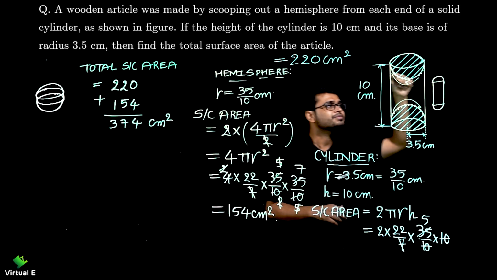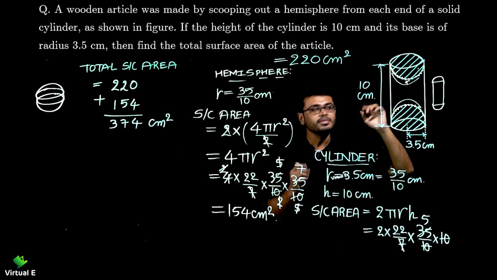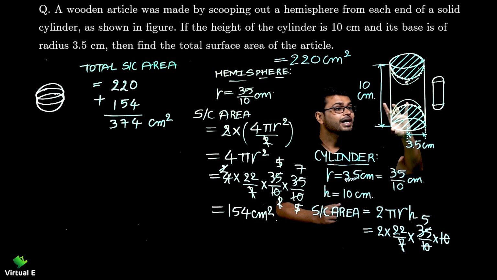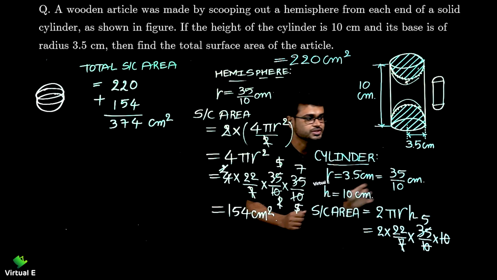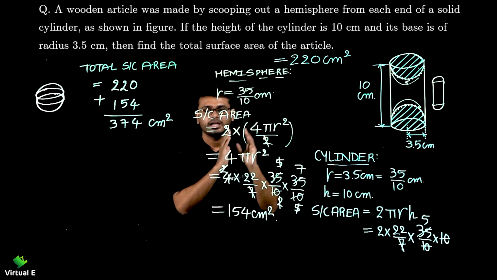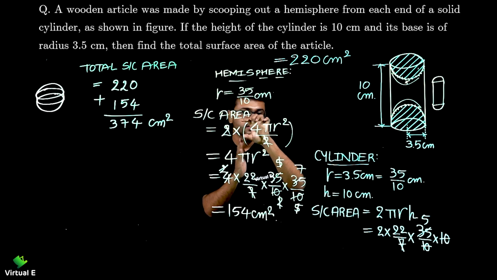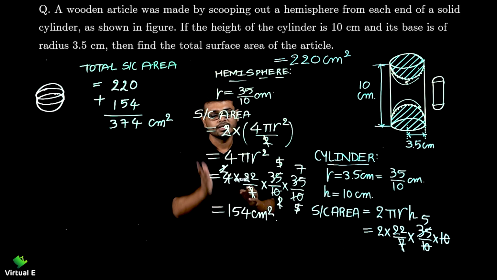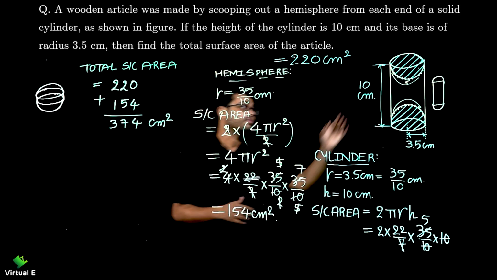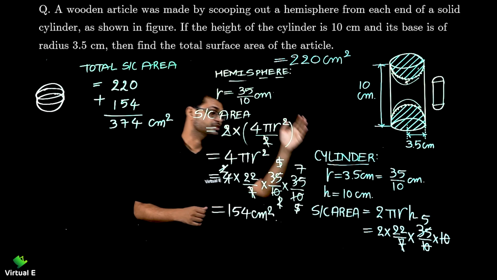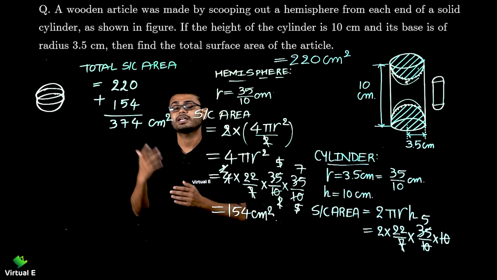Now, as the hemisphere has been removed from here, what we need to do is only consider this area. One more thing we need to remember: this hemisphere and this hemisphere have the same radius, which is 3.5 centimeter. So what I have done is taken the surface area of the hemisphere, sphere divided by 2. But there are two hemispheres, so I multiply with 2. The 2s cancel, substitute the values and get the area of the hemispheres, which is in the form of a sphere. Then add the total area: the area of the cylinder and the area of the hemispheres. So this is how we get the surface area for